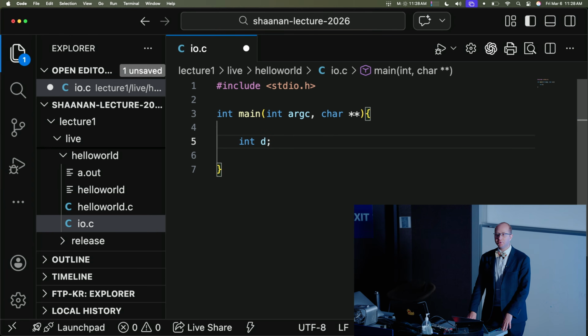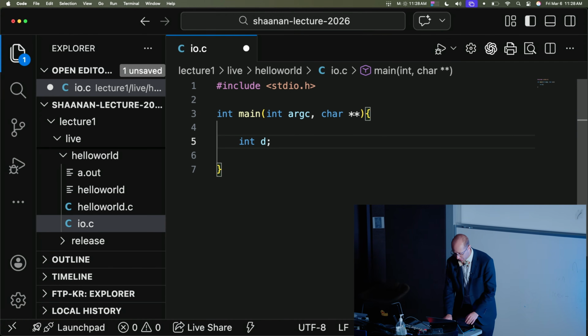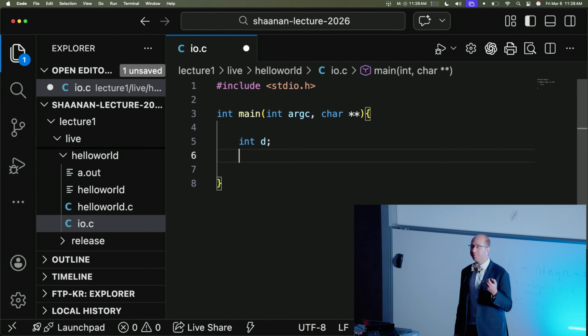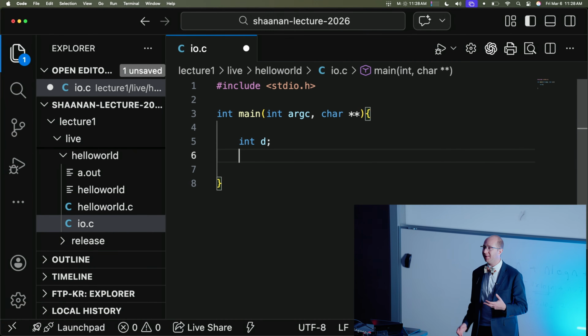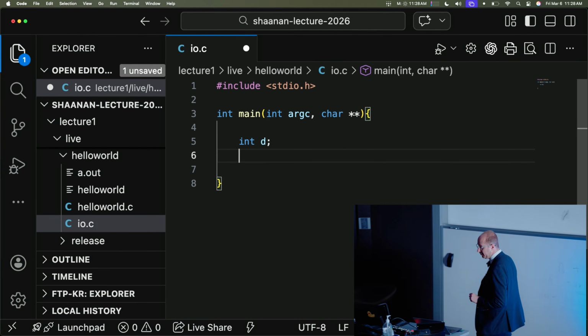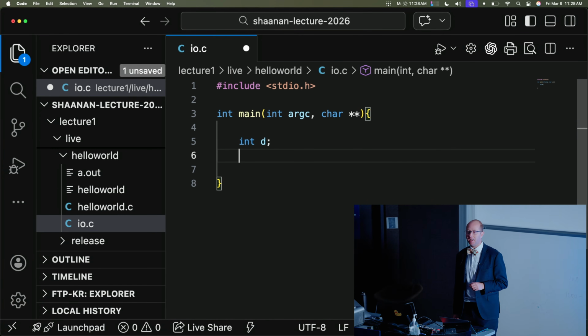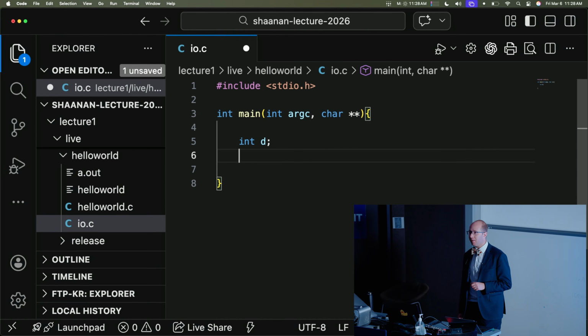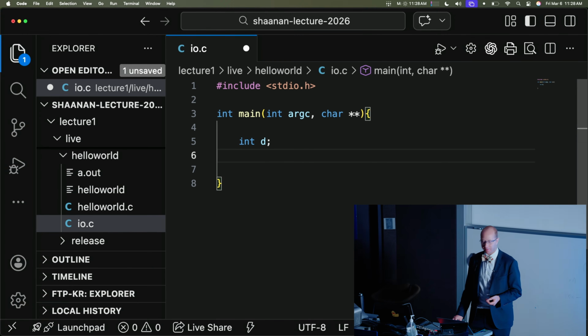Okay, now what I'm doing here is I am declaring to the compiler that I want to create an integer. An integer is just C's way of saying a number, and depending on the computer, the number is going to be allowed to be of different sizes. And we'll talk a bit more about what that means in a few minutes, but for now, it's just a number. Now, it's not any old number, it's a whole number, a formal integer, just like the way we talk about it in mathematics.